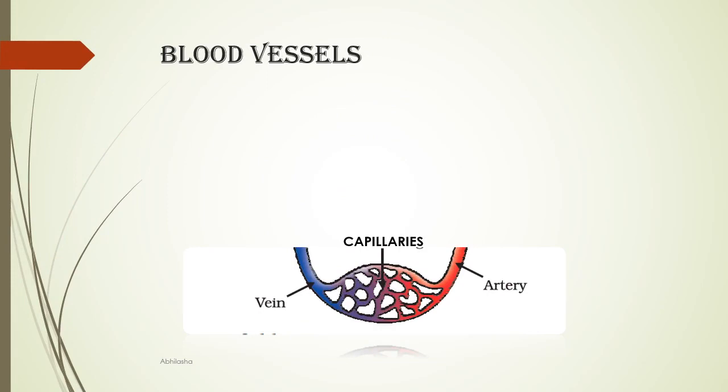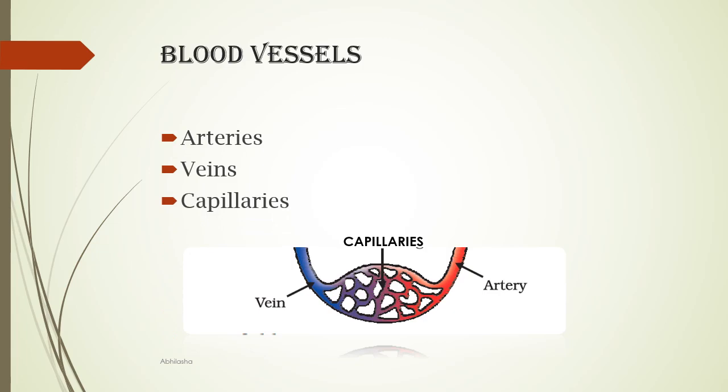Blood vessels carry blood across our body. You know that our body makes many arrangements to make sure that oxygenated and deoxygenated blood do not mix with each other. So our body has two distinct blood vessel types, the arteries, which usually carry the oxygenated blood, and the veins, which usually carry the deoxygenated blood. This is the difference that you have been studying since junior classes, but here we'll see that this is not always the case. Finally, there are capillaries, or the smallest vessels.